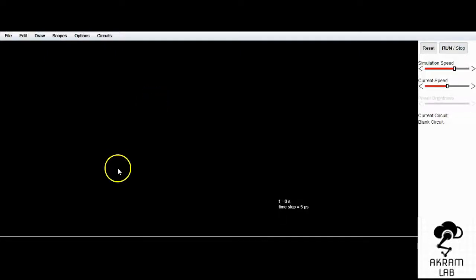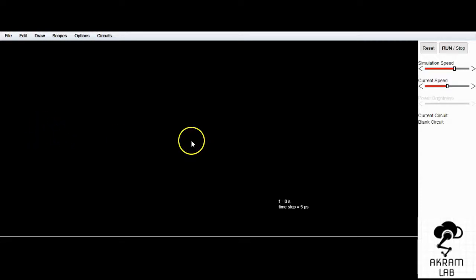Hello everyone. Today we are going to talk about this online circuit simulator, which is called Falstad. There are already many circuit simulators available online, but this one has many advantages, like